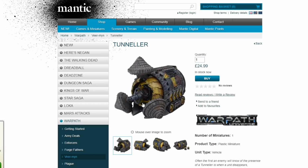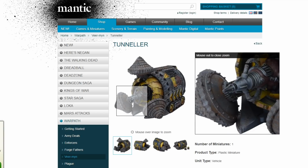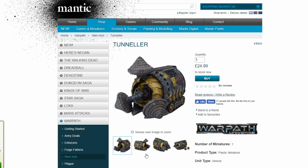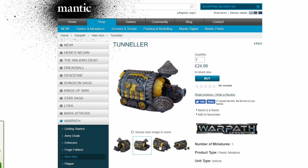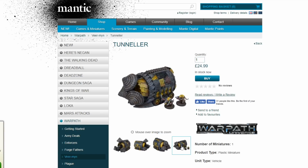So you can get that, it's a little bit cheaper, or you can get the whole front, and it has all of this stuff on here. You know, your dingle hopper and your snarf blaster. I don't know what they're called, but they look pretty cool. And then of course, all the moving parts and all sorts of things right there. And then there's a scale miniature comparison to the rats from the Warpath game. So $24.99